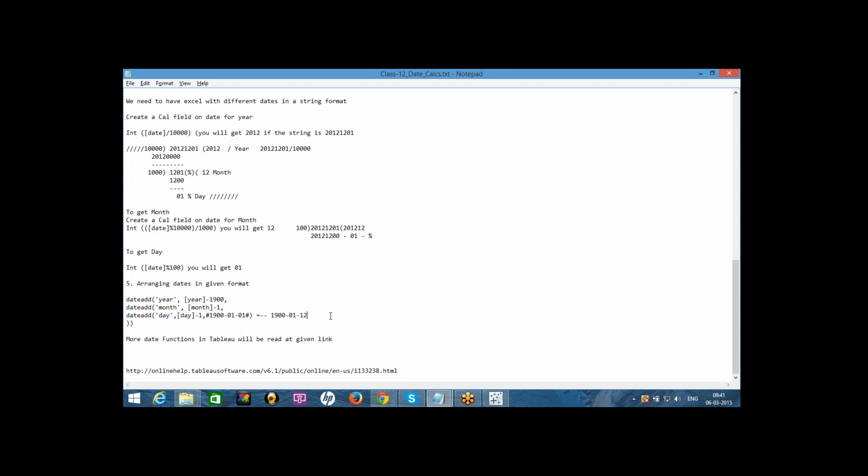I think you will understand better if I try to get this data, so I will show you that we need to create some data for this. Once I develop the individual date parts, I'm using the date add function within the date add function. So this is the format which I want.